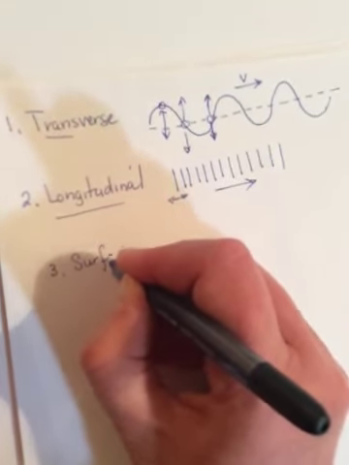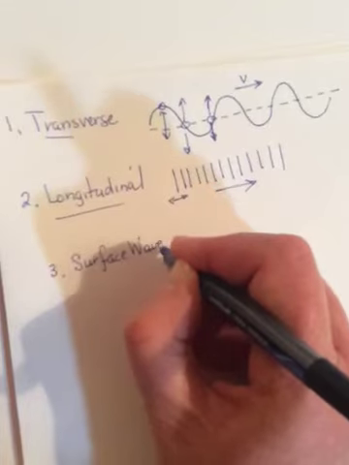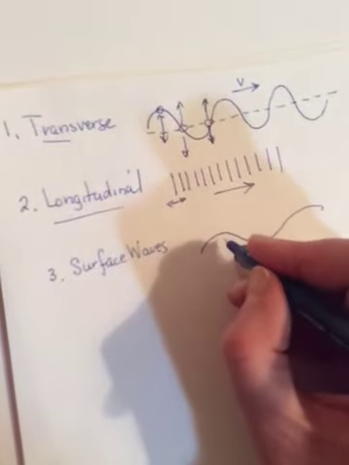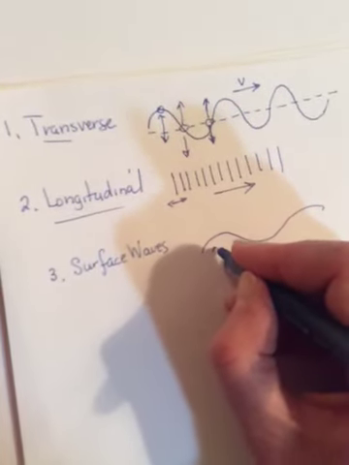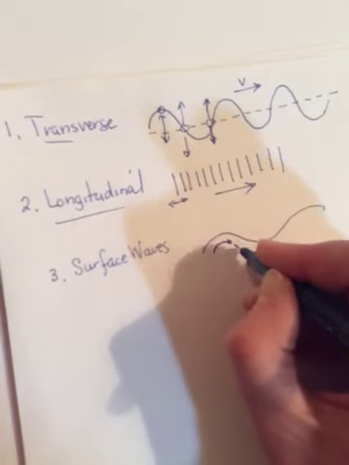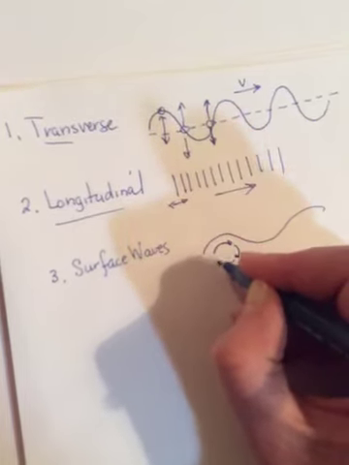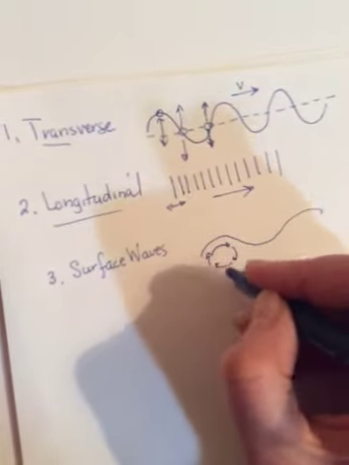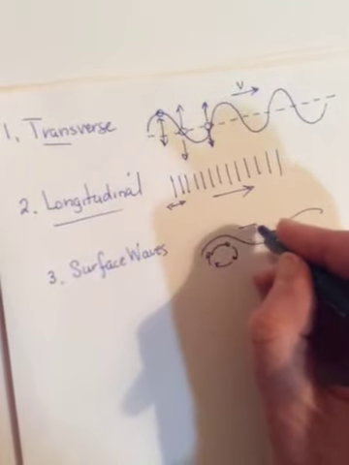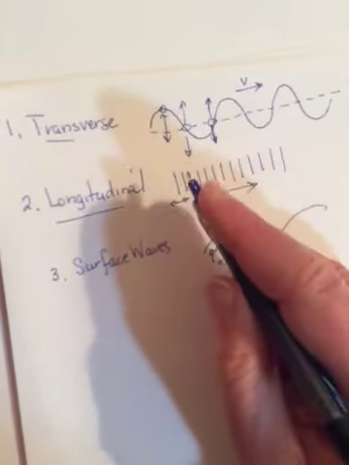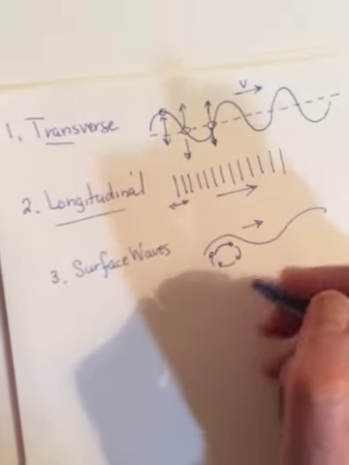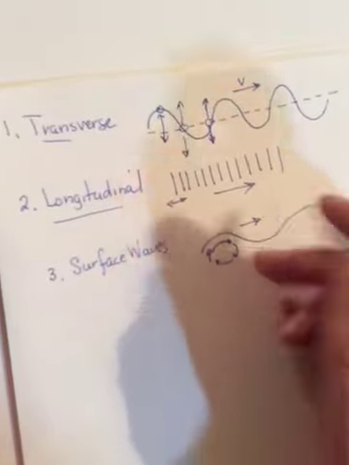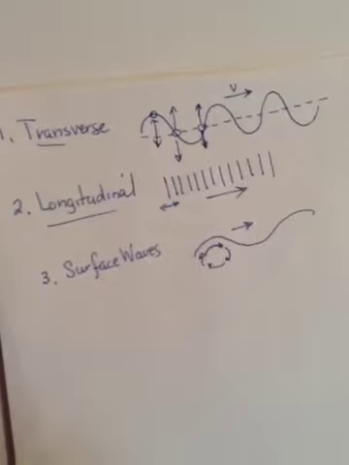And then the last one is surface waves. And they are a combination of both. Water wave is a surface wave. And if you're ever to watch something that's floating in the water, it goes over a little and then down and then over and then up. So at some points it's parallel to the direction of motion, and at some points it's perpendicular, like if the wave is traveling this way. So it's a mixture of longitudinal and transverse, where the particles are traveling both parallel and perpendicular. Okay, so we'll come back to waves tomorrow, and we'll get into more